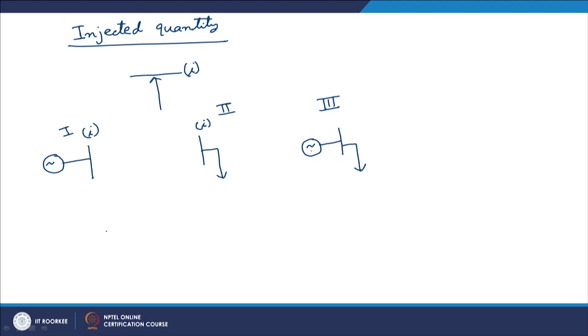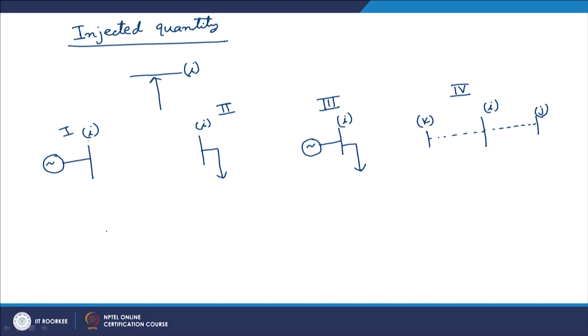Remember, when we are talking about a generator and load connected, essentially they are connected in shunt to the bus. In case 4, there is nothing connected to this bus in shunt, but this bus can be connected to, let us say, bus j here. This bus also can be connected to bus k here. This connection is possible, but when we say there is nothing connected at bus I, we mean there is nothing connected in shunt, neither a generator nor a load.